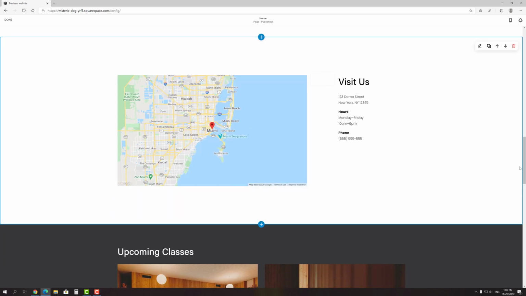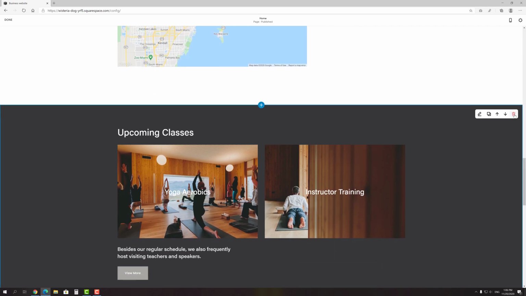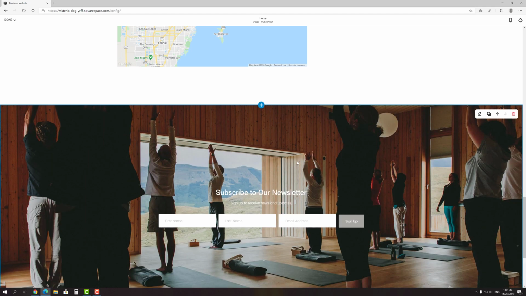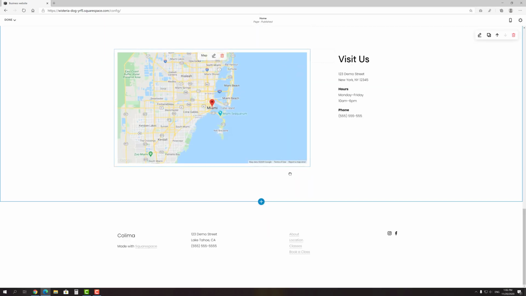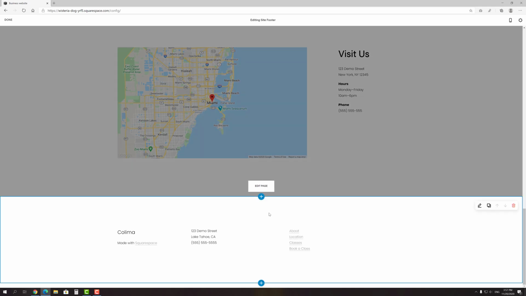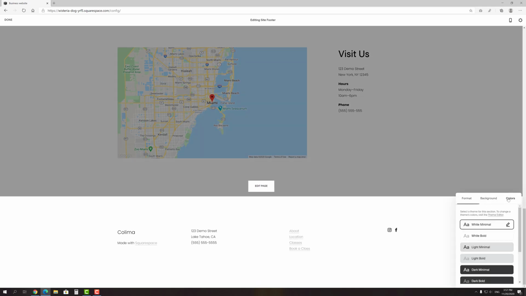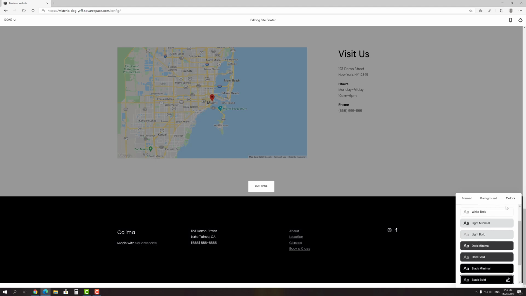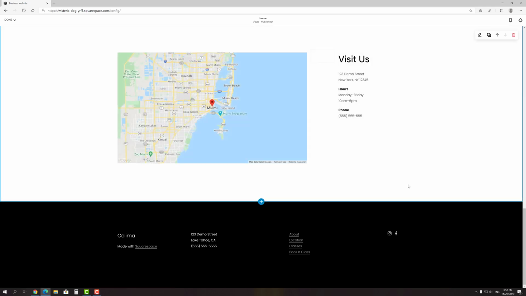To go ahead, we need to remove the blocks with dummy content. You already know how to do that, don't you? So, next in line is the footer. It's placed in the bottom section of your site, below the page content. Usually the footer contains contact information, social icons, some links and so on. You can edit this section just like any other, as well as add new blocks to it or delete existing ones. Okay guys, I hope you now understand how to add and customize new sections.